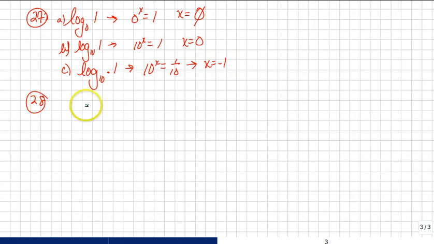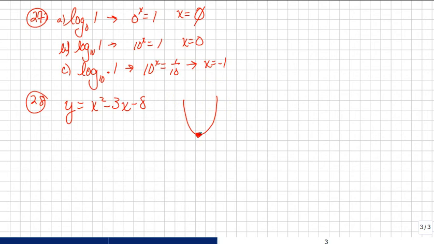Number 28, what is the axis of symmetry of y equals x squared minus 3x minus 8? Well, I would suggest graphing it on your calculator to find the axis of symmetry. The axis of symmetry is the line that goes through the vertex. There's a couple different ways to do this, but seriously, the easiest way is just to graph it on your calculator. And if you graph it and then use the built-in function to find the minimum,